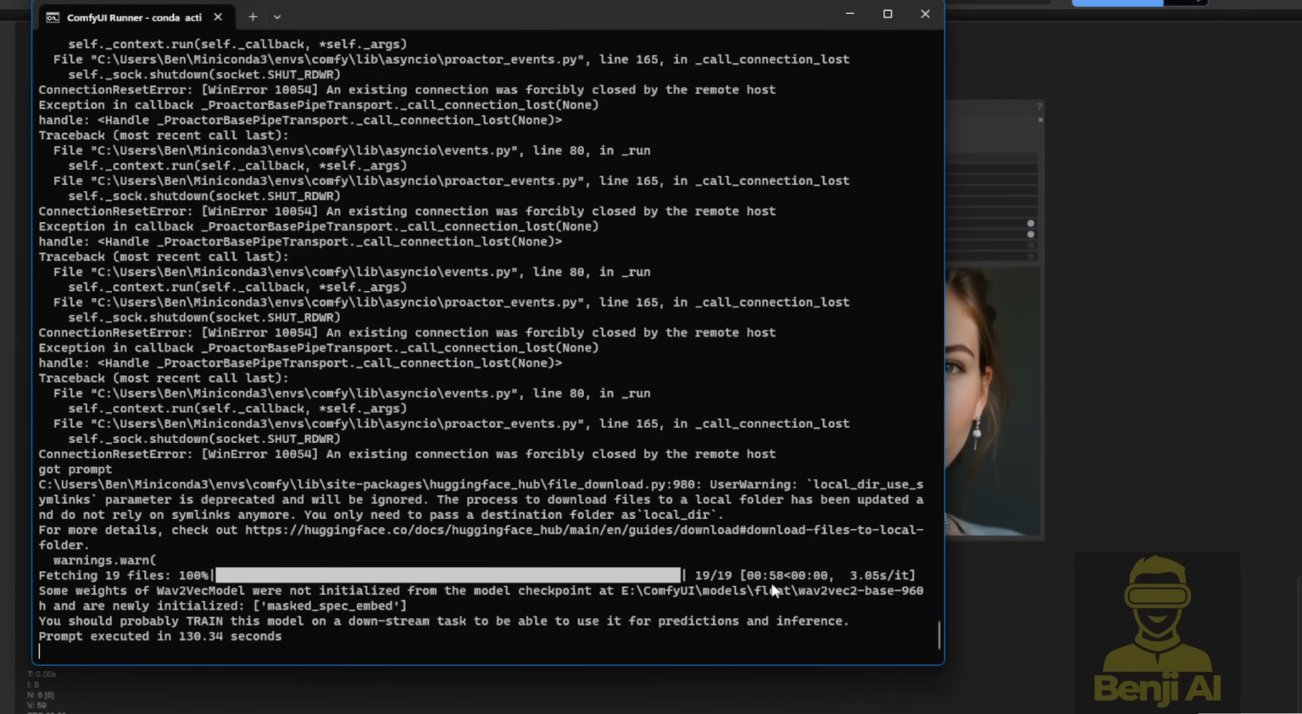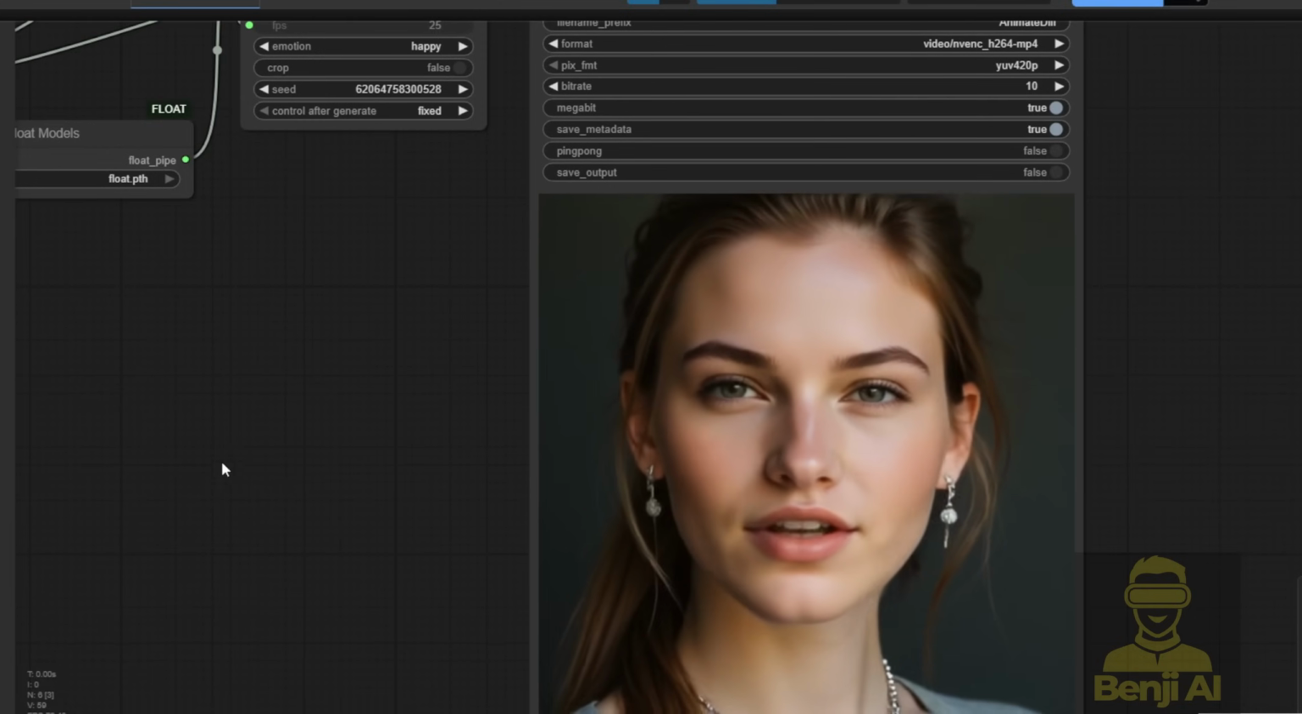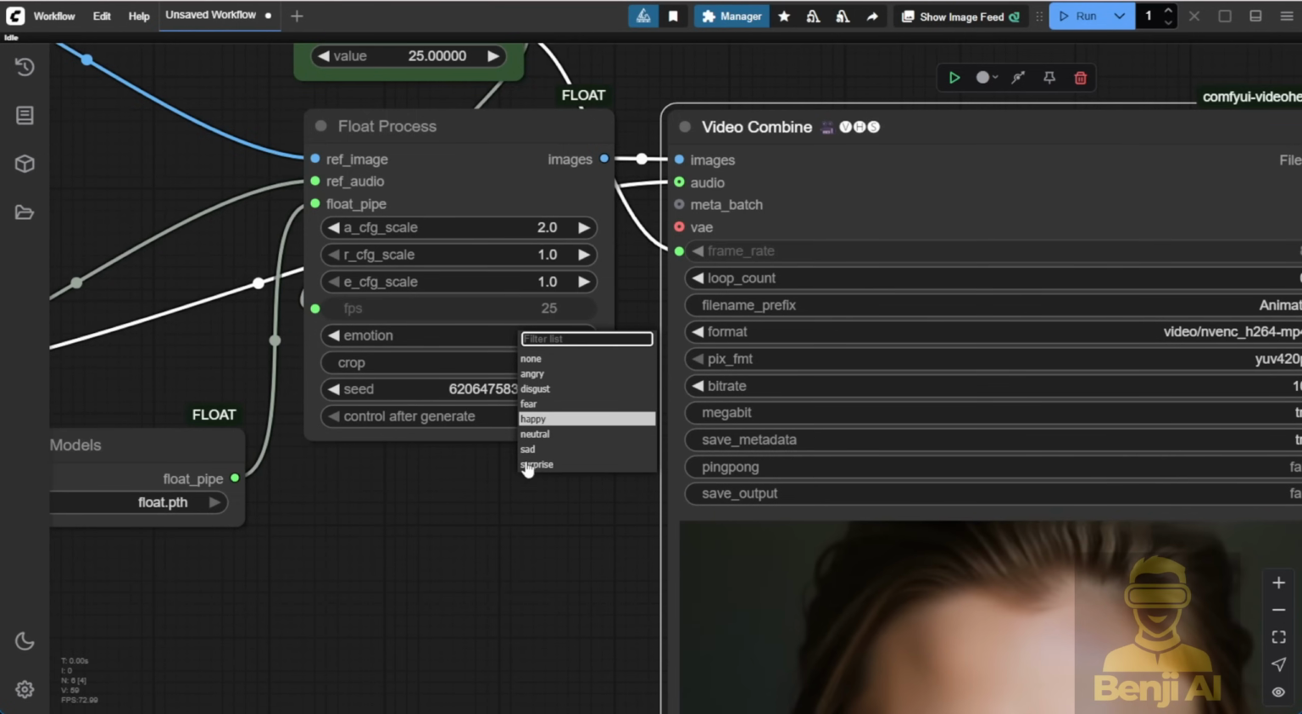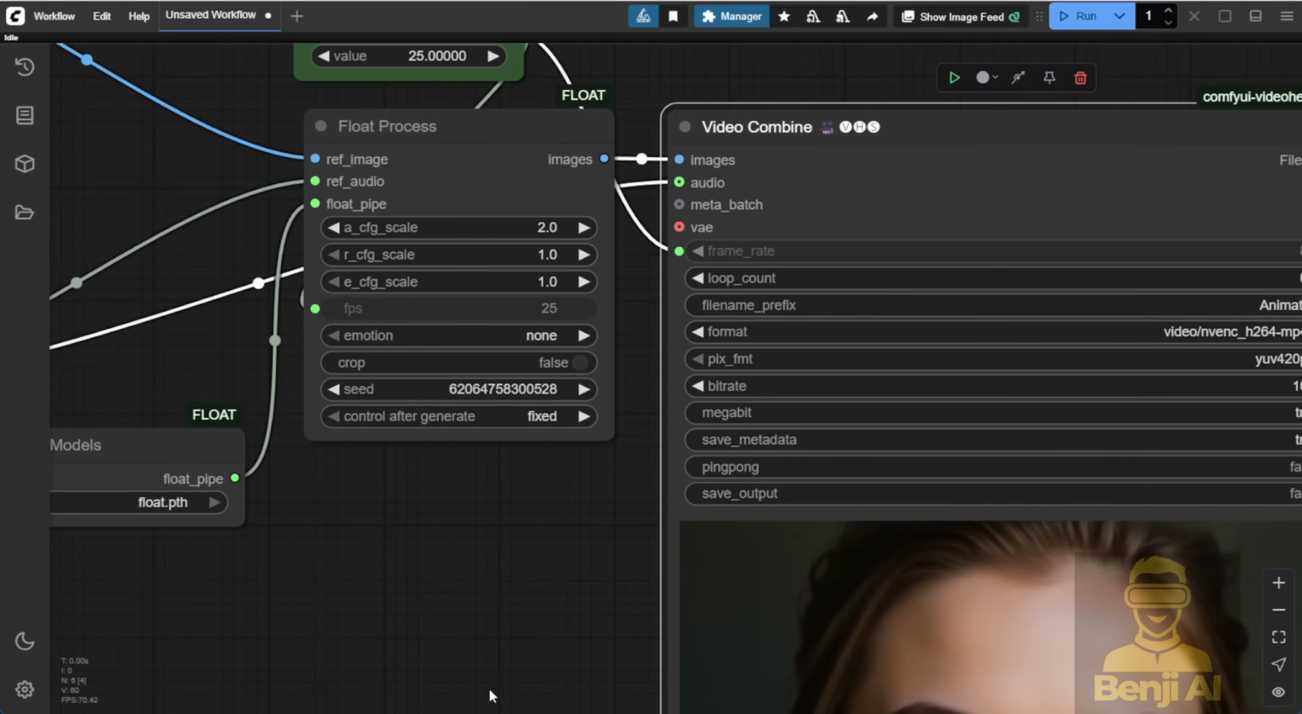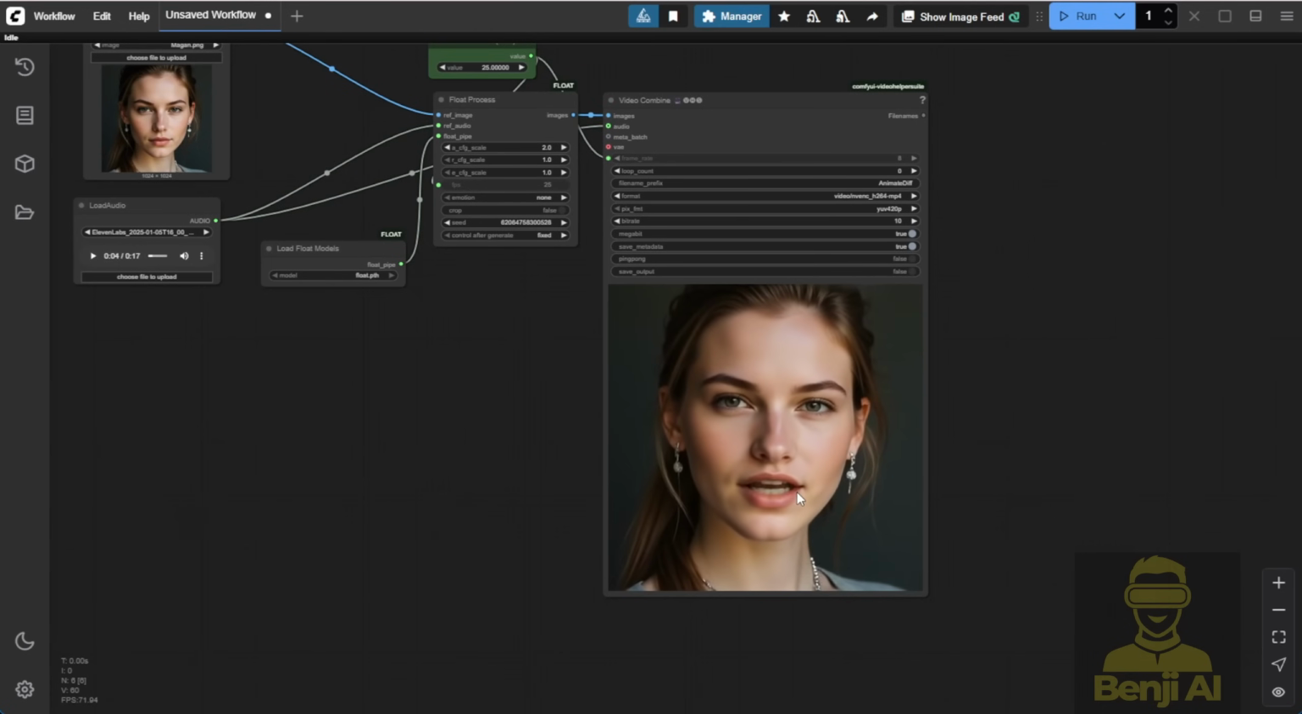So, let's check out the full view of this video here. Well, the quality is something like Sonic, but the animations of the face are moving too much when I'm using the happy emotion here. Maybe that's too dramatic of a style. Try setting the emotion to none. That'll be less dramatic. Also, the lips are moving more naturally, which is better than latent sync and the old